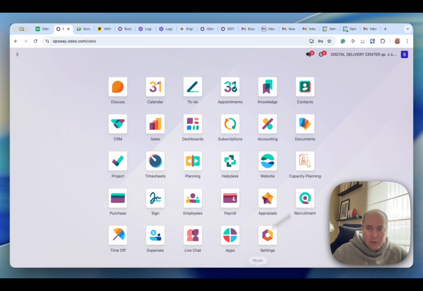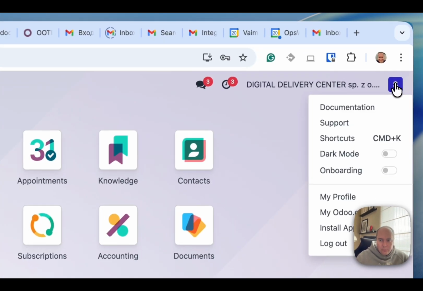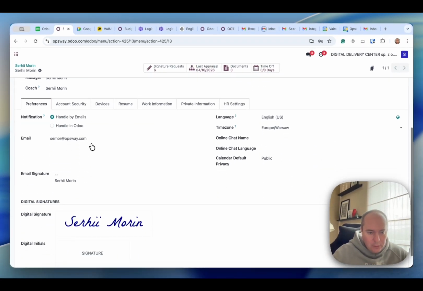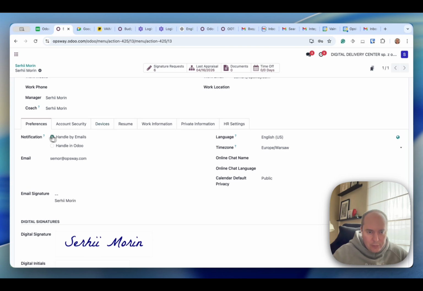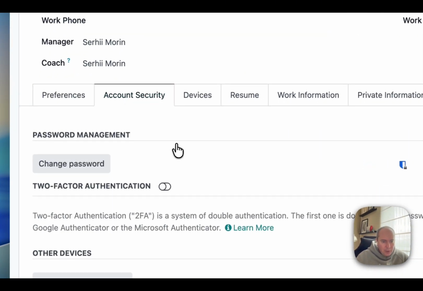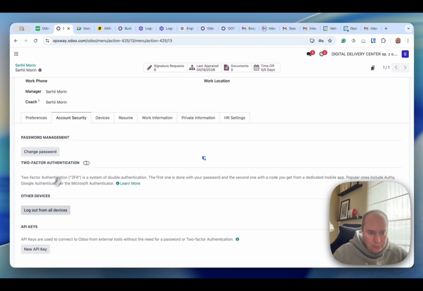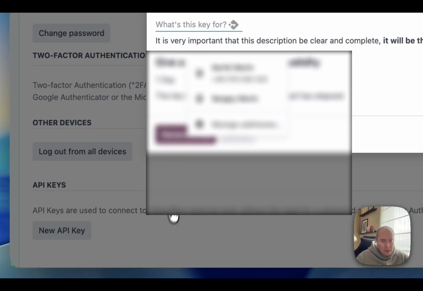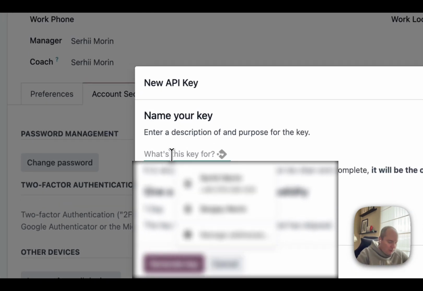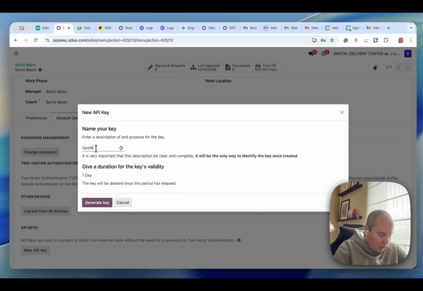So in order to do that, you go to your Odoo, you click on your name, and you go to your profile. Then in your profile, you have to find the security section, and it is here. If you go down to the security section, you will see API keys, and then you have to click the new API key, and you can name it Odoo